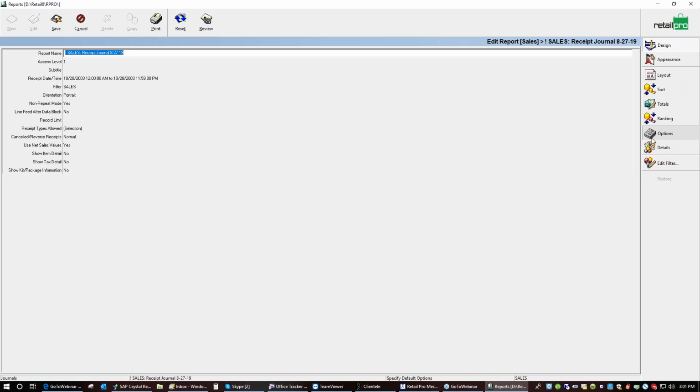Okay, so if I go to options, I have mostly the same fields that I had before. I can change my report name, I can change my access level, give it a subtitle if I choose to. Now, because the last report we did was an on-hand report, it didn't have a field for the date and time. Know that all reports except for on-hand will have that as an option, regardless of the type of report that it is. So now if I know that I want to run this for a certain time frame, every single time that I run it,